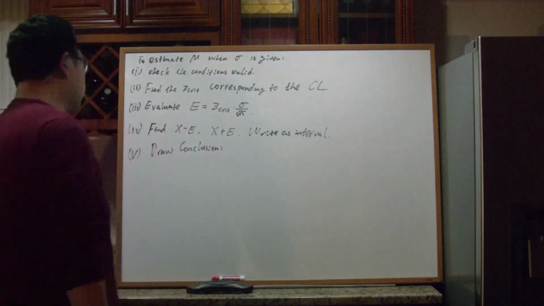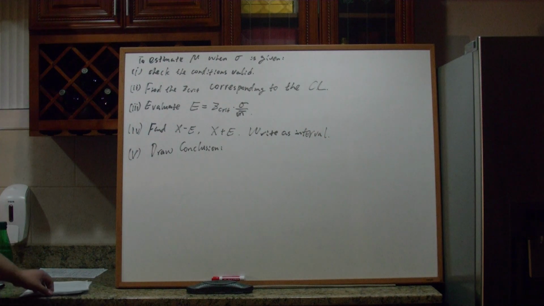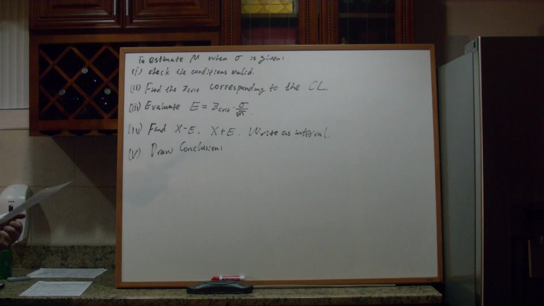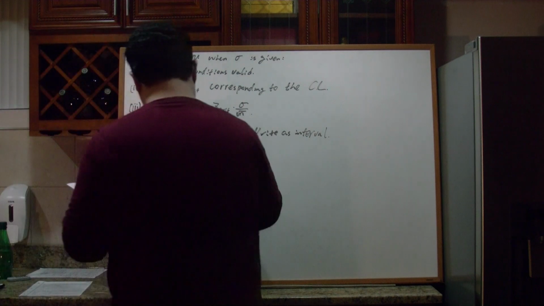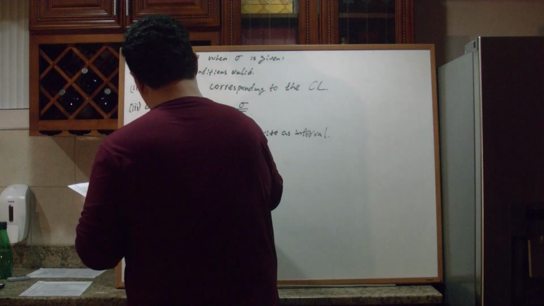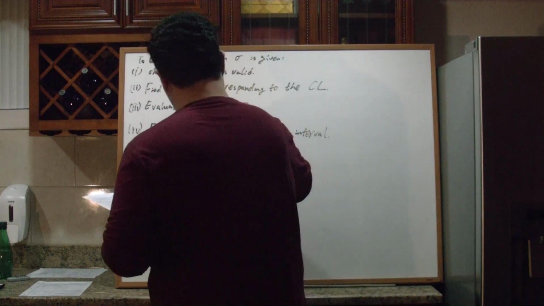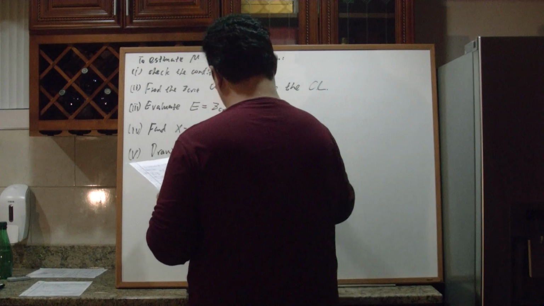Then finally we need to draw a conclusion. We do a bunch of things, and of course we need to make sure that other people understand what we are doing. So we draw a conclusion so that even if some other person passes by, they can read the conclusion and see what we are actually doing. So something like: we have a certain level of confidence,